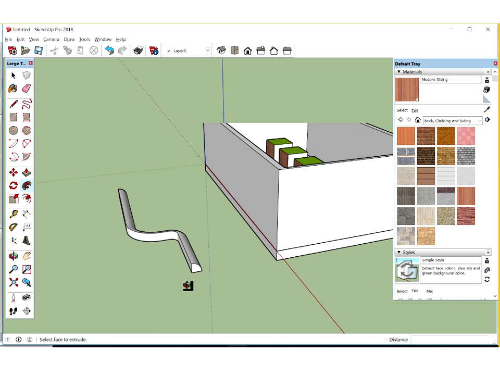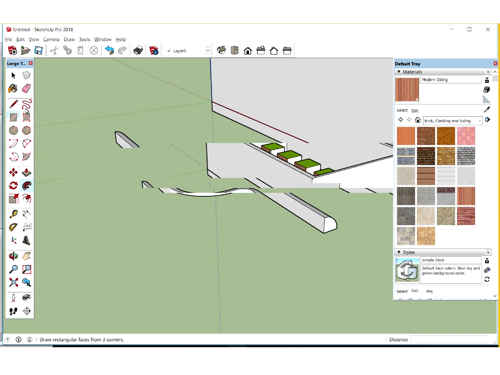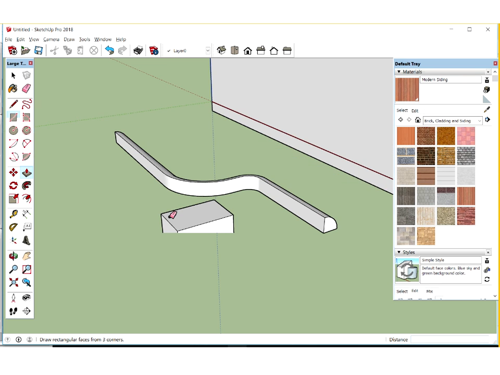Now, if you're creating really complex geometry, what I suggest doing as a starting point is sometimes just giving yourself a surface to draw on, especially if it's a vertical surface. So sometimes I'll create a box and then just get rid of some of the faces there. Now, we haven't been focusing much on accuracy today, but if I was going to do a really complex profile, I would use my tape measure tool, measure some key points,